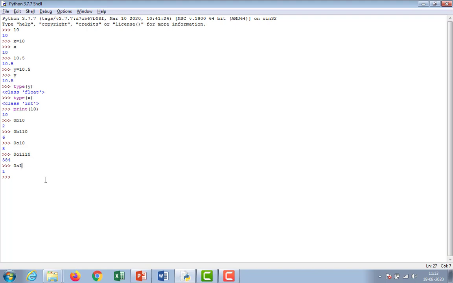Anything power 0 becomes 1. So 1 into 1, the output becomes 1. If you take 0x10, then output becomes 16. If you take 0x110, output becomes 272.